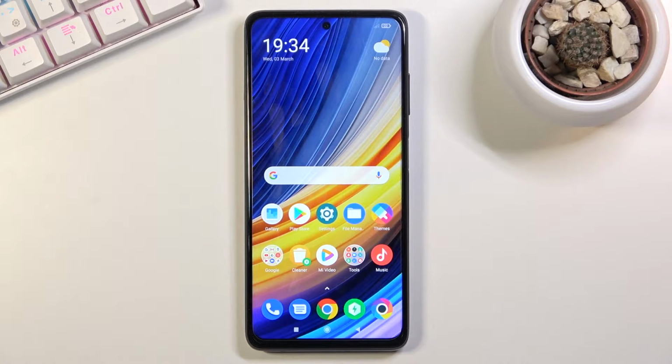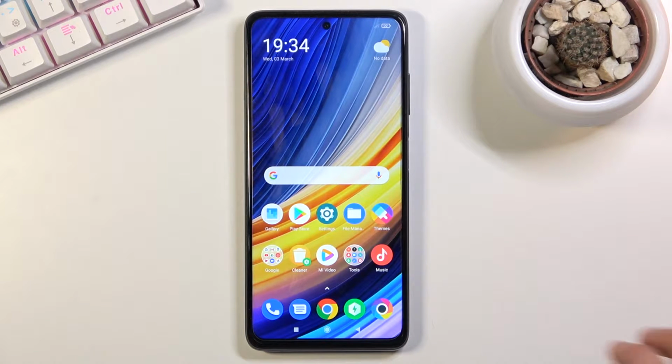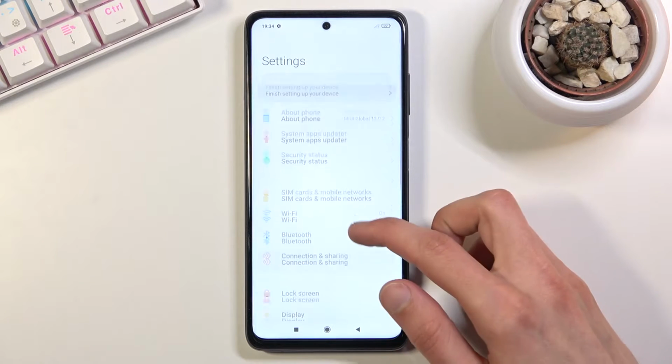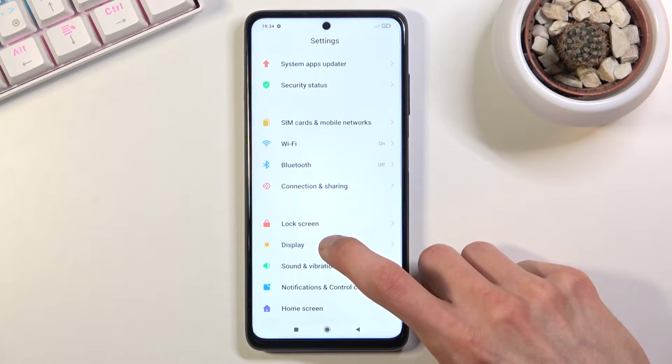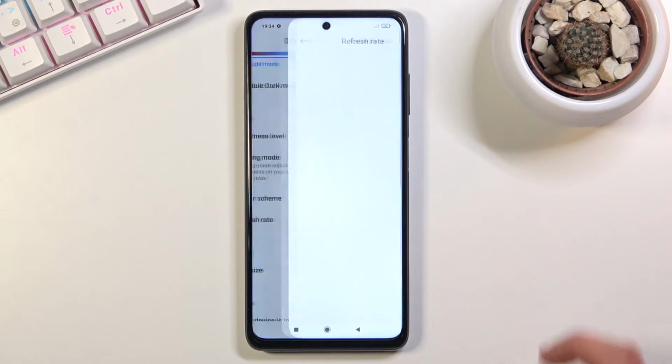Welcome. In front of me is a POCO X3 Pro, and today I'll show you a couple tweaks and tricks you can do on this phone. So starting off, we're going to begin with something that should have been enabled by default, which is the 120 Hz display. For some reason, by default, it is set to the typical 60. So if you want to change it, let's go to the settings, display, and scroll down to refresh rate and